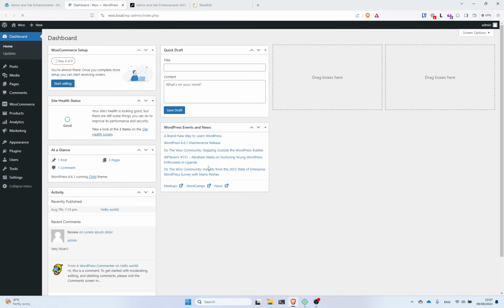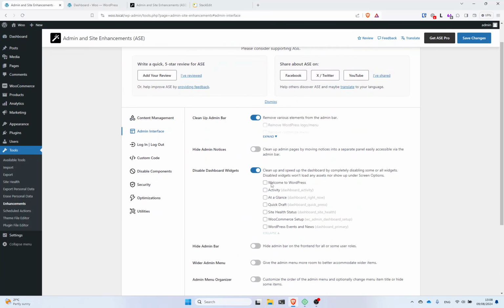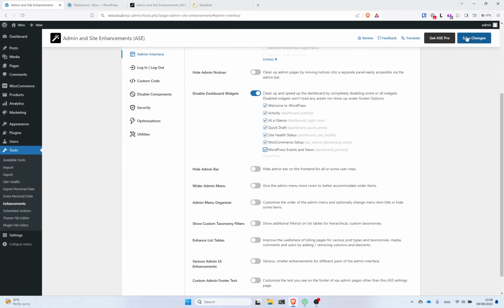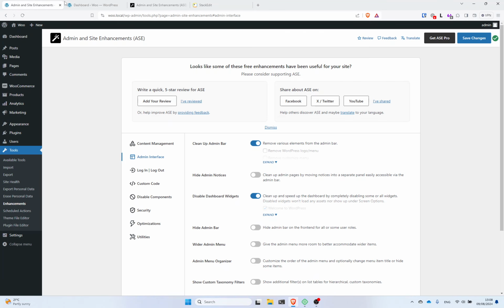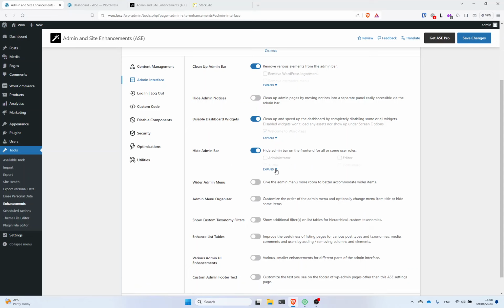Disable dashboard widgets, I just always ignore it, but if you would like you can. And now the dashboard looks like this. Oh, we need to save it. Sorry, my bad. Now we shouldn't see anything. Nice. Hide admin bar, I just don't see the point,